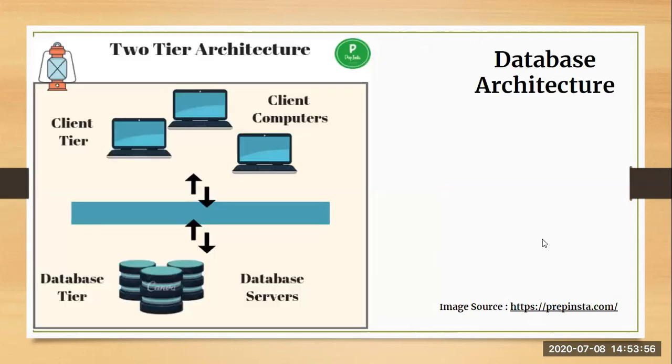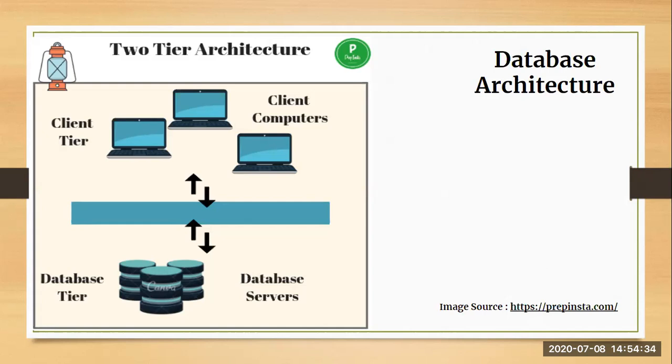Next comes two-tier architecture. In one-tier architecture, client and server are on a single machine. Now in two-tier architecture there are two different machines, which is why it is called two-tier architecture. So the communication is now between a client and the server. The client is where the data needs to be delivered and the server is where the data can be stored, updated, and processed. The application tier here is at the database end, which does the application logic task.